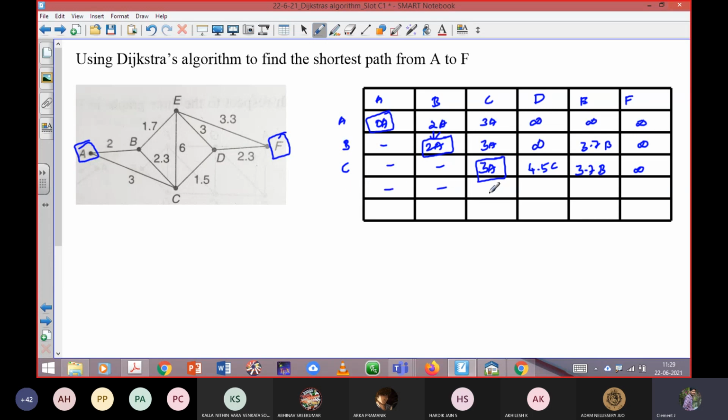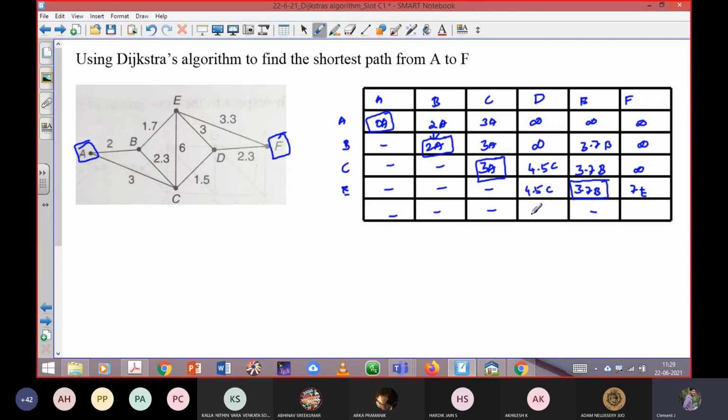Next, put dash first. Okay. So 3.7B can come down as a minimum value. So here, I can mention here E. Okay. So E to D. 4.5C, sir. Very good. Because totally 3 plus 3.7 will be 6.7. So that will be higher than the 4.5C. So I can retain the same preceding value 4.5C. Next. So E to F. 7E. Very good. So the problem is going to complete because it has started to place at the F vertex. Okay, 7E. Okay, next dash first.